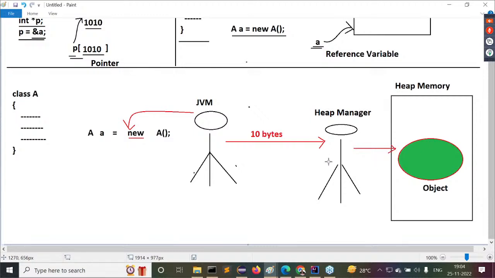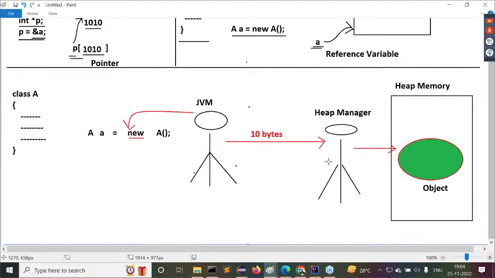Listen carefully. In this diagram, in the heap memory, only one object we created. But in the entire application, how many objects are going to be created in heap memory? Is it only one object or more than one object? As per the requirement, you may create any number of objects inside the heap memory.